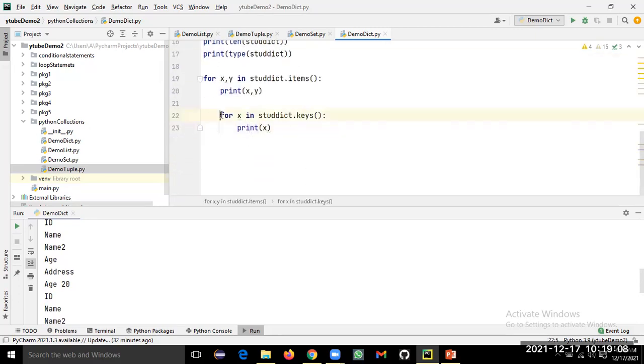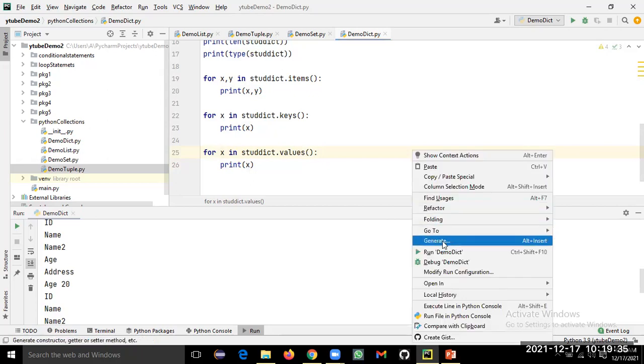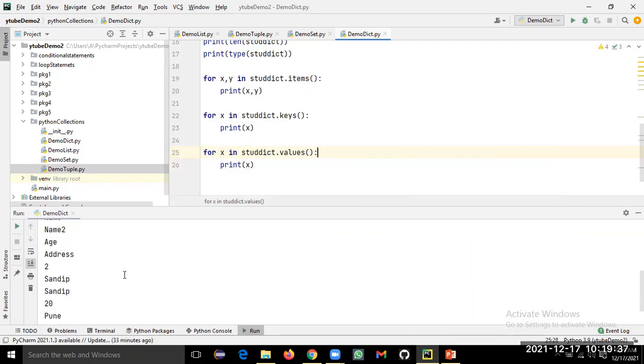Now, another thing you want to print: only values. So for X in dictionary dot values, sorry, dot values, print X. When you run it, it will print only values.